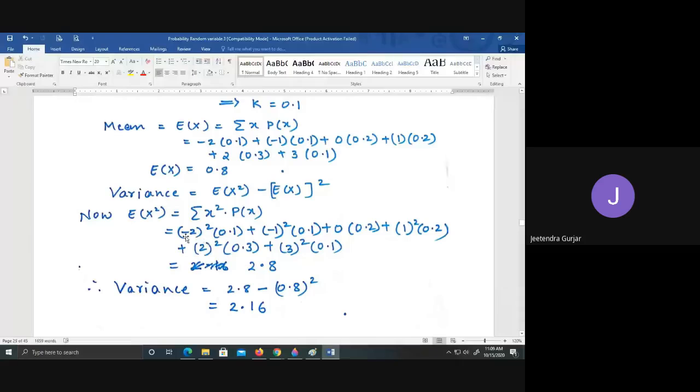So what we get here: minus 2 square into 0.1 plus minus 1 square into 0.1 plus 0 square into 0.2 plus 1 square into 0.2 plus 2 square into 0.3 plus 3 square into 0.1. If you just calculate in the calculator, you will get the answer 2.8. Here variance is equal to 2.8 minus 0.8 the whole square. If you calculate, you will get